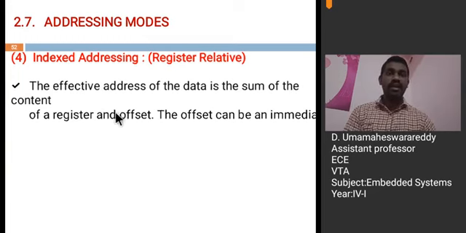What you are giving here is the offset. This offset should be added to the address present in the register, and it will form the effective address. In that effective address location, your data will be present. This type of addressing is called indexed addressing. We will see an example, you will understand later.